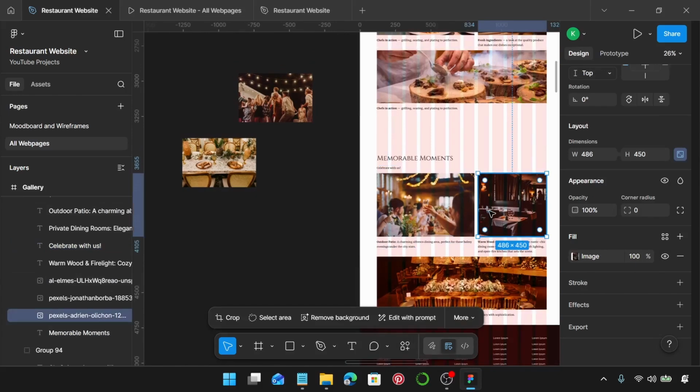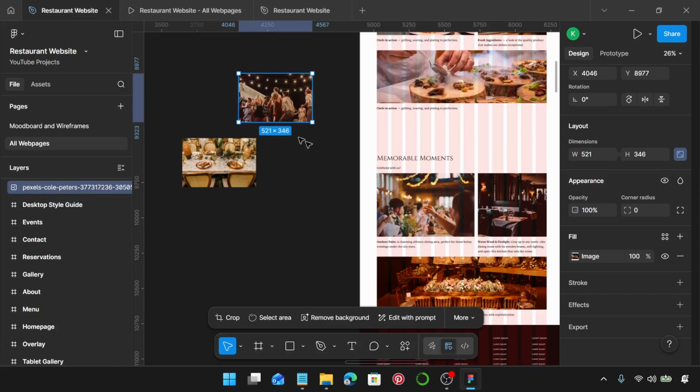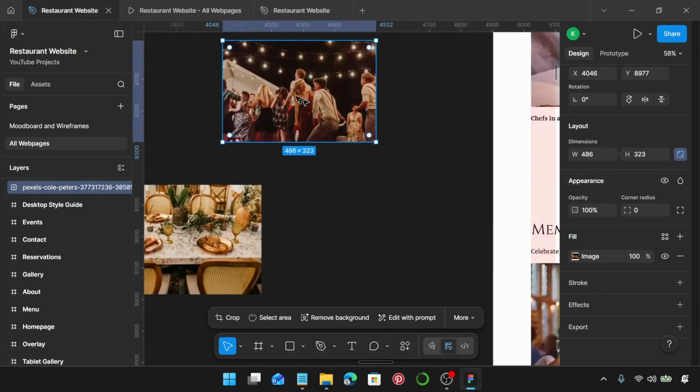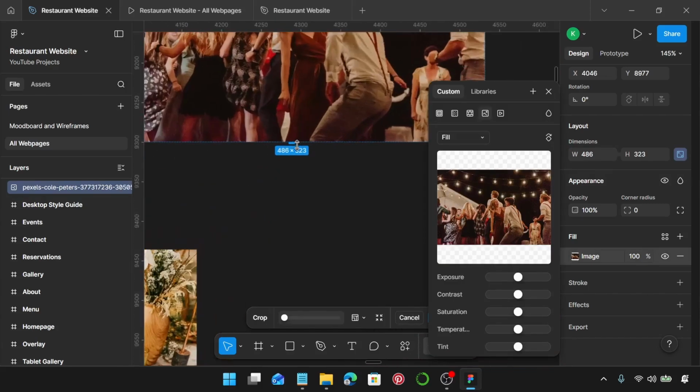The width for this image is 486. So I'll just change the width to 486 and height is 450. I'm going to zoom in and increase the height to